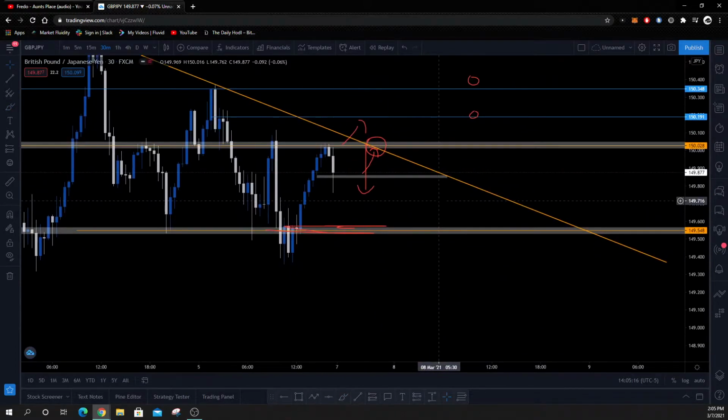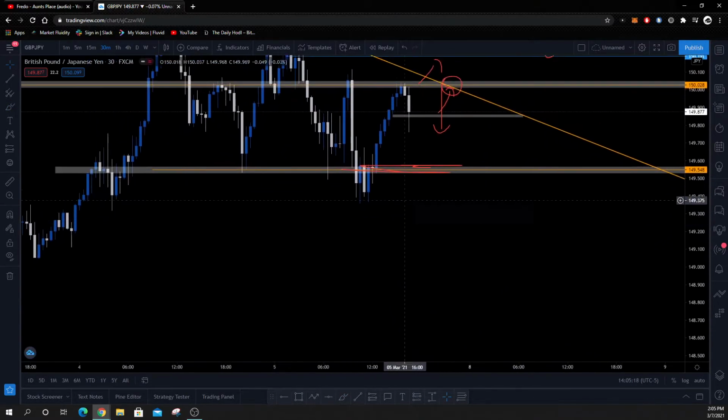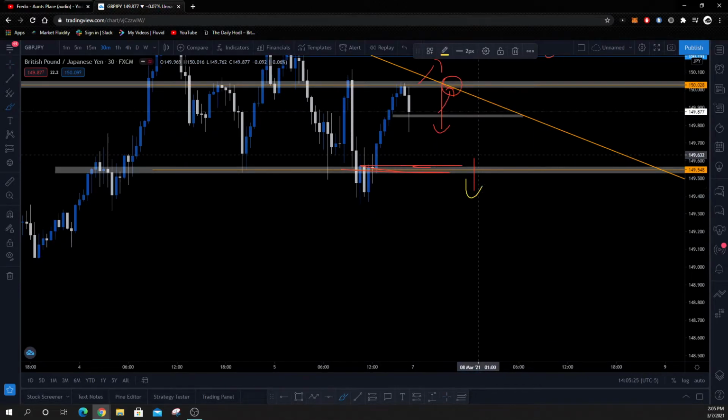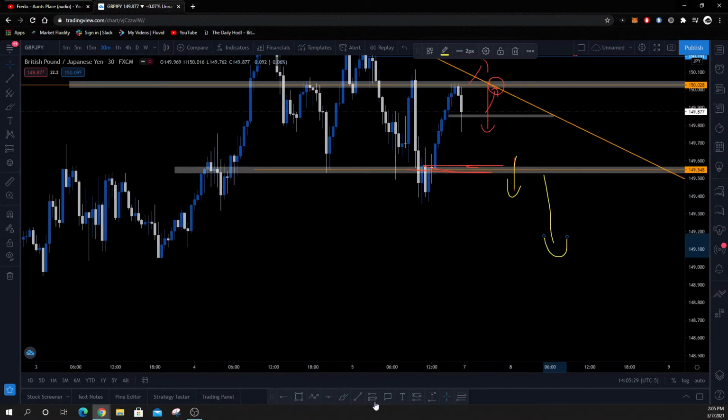So that would be the first plan. Like I said, the target is going to be here. So if we break this level and we keep pushing low,